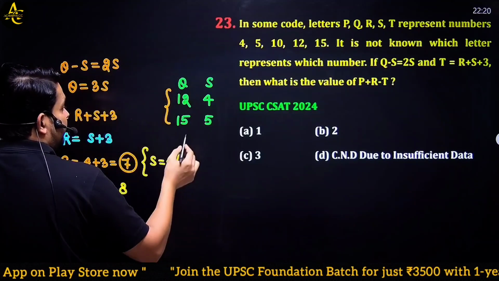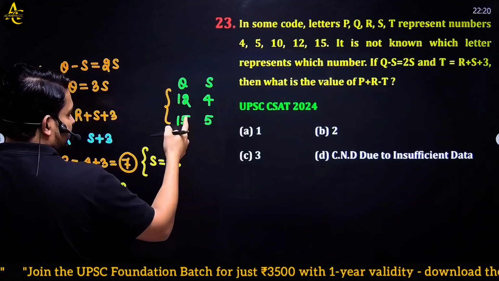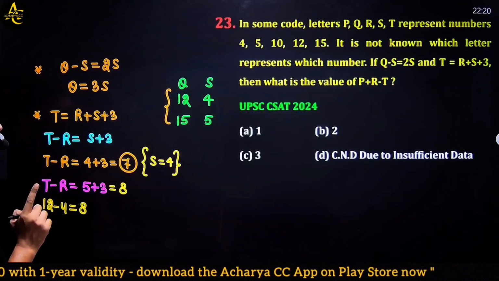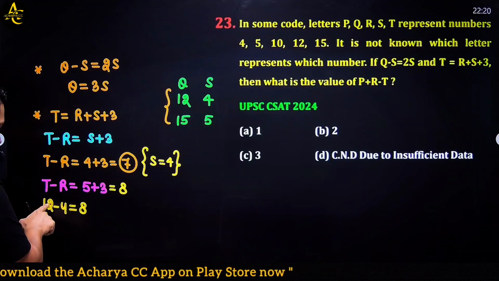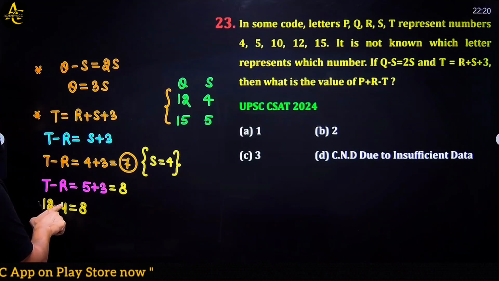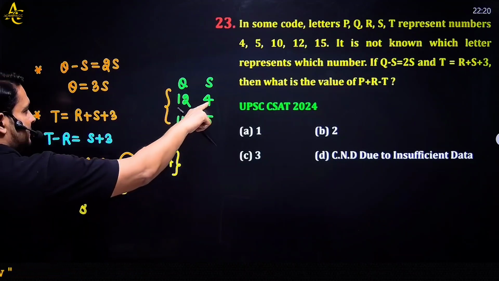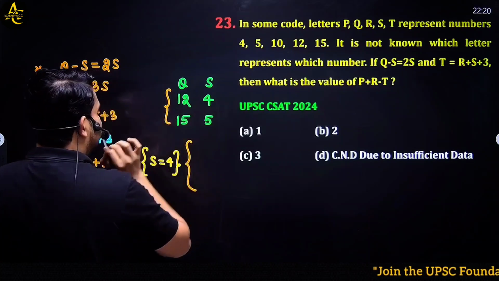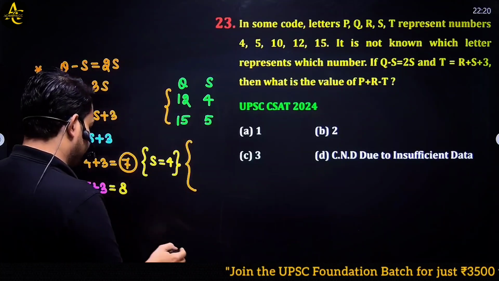See, if I put s is equal to 5, then q is equal to 15. I cannot use 15 in any of the numbers. I am not using 15. Here 12 is an independent number, here 4 is an independent number. But in the other scenario, what was the problem? The problem was, if I put s equal to 4, then I have a combination. What was it? It was